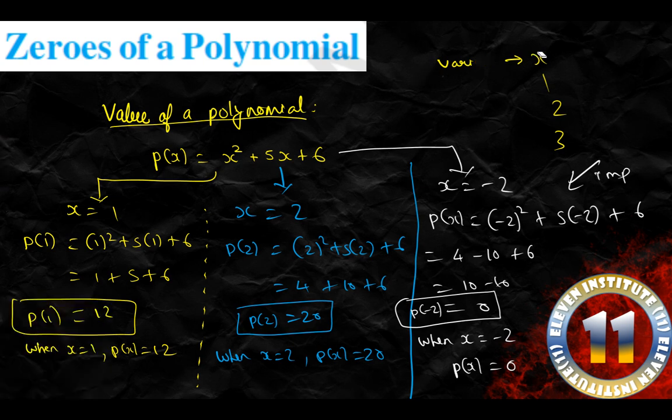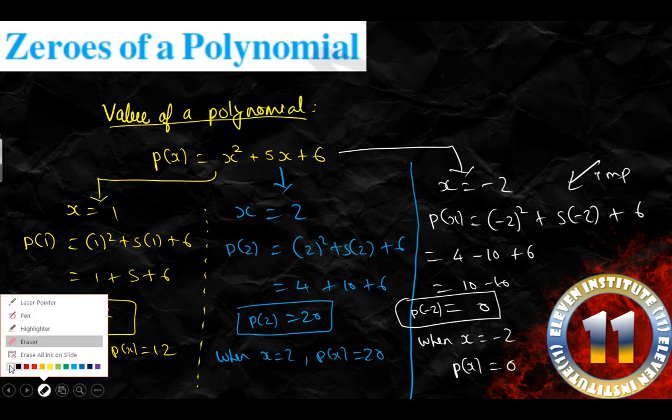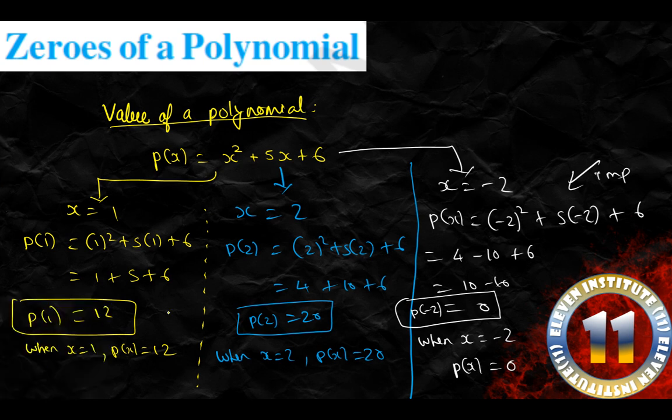Let me tell you one more thing over here. Just let me create some space by erasing over here. See dear friends, you have done nothing. You have just taken different values of x. When you take different values of x, you get different values of P(x). But out of these different values of P(x), at a point of time you get 0 over here. So the value of x which makes your polynomial 0 is known as